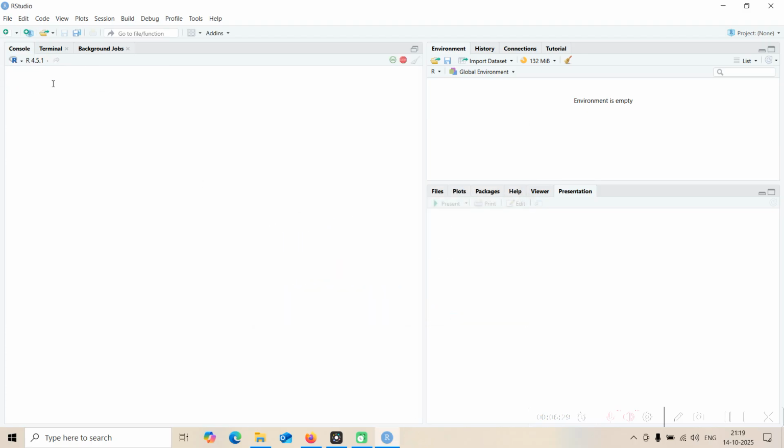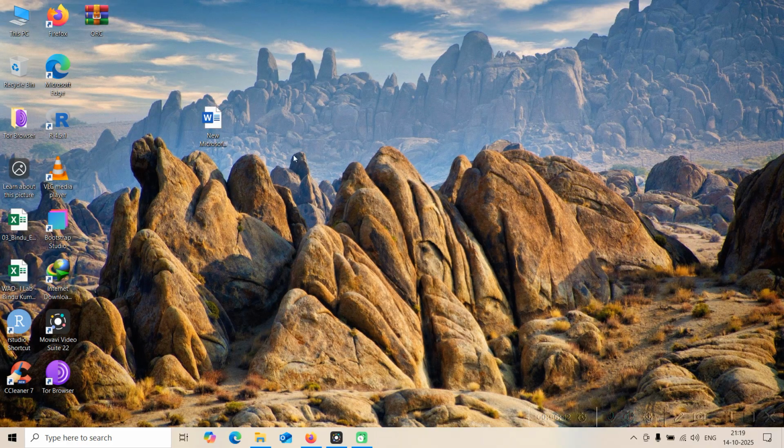So once I come to my R console, it still is in progress. Session suspended, timeout passed, a child process is running. So what I will try to do is I'll just close all the environment and click Ctrl+Alt+Delete,